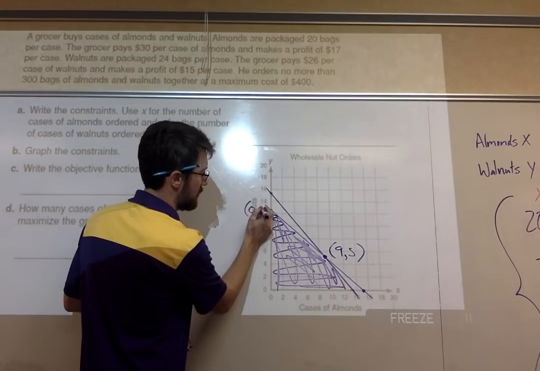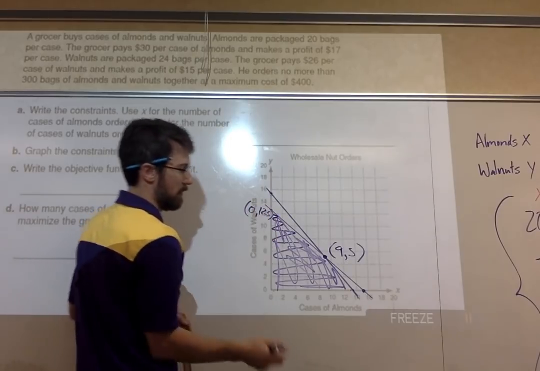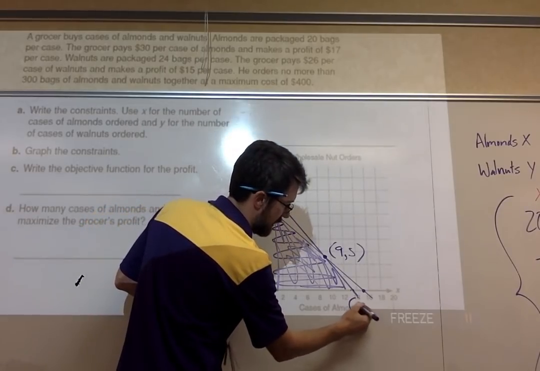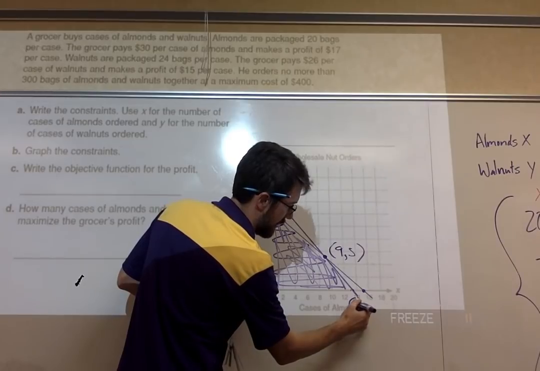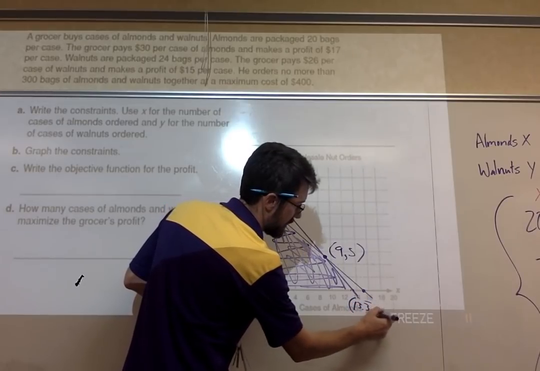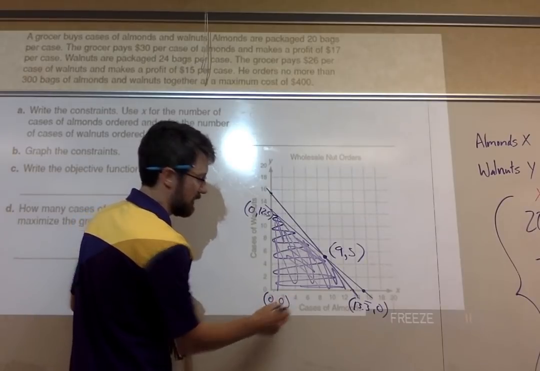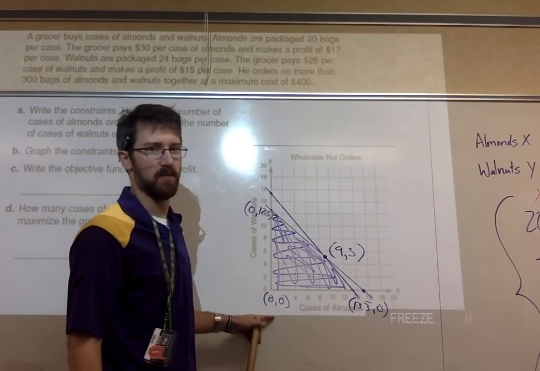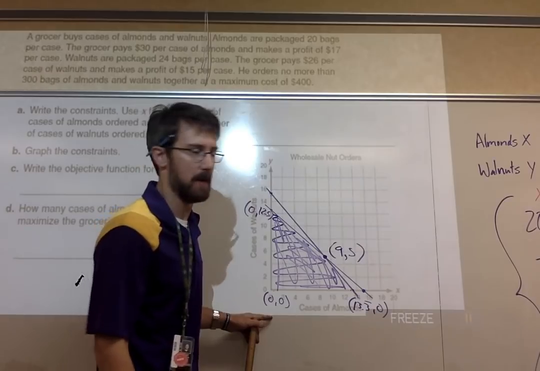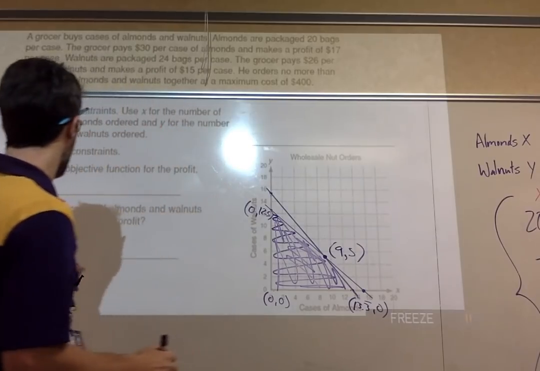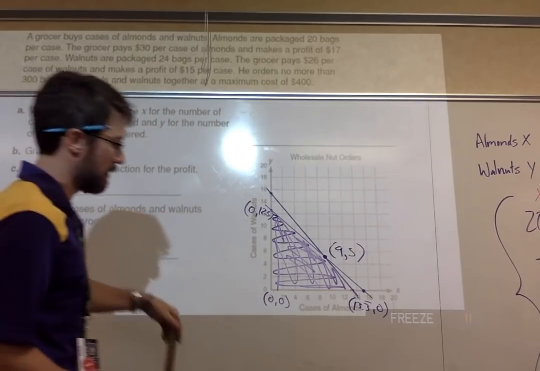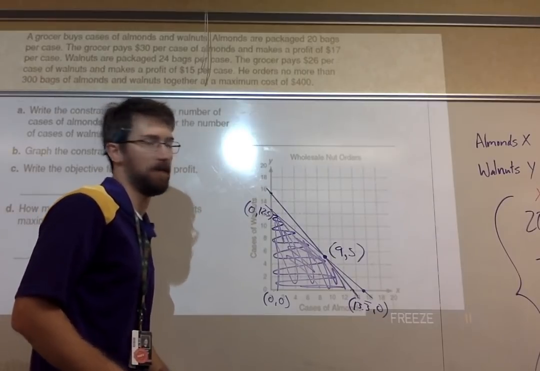This one, 0, 12.5, that's one of our vertices. This one over here, 13.3 repeating, 0. And then 0, 0 is also a vertex, but that's not realistically going to be the maximum, right? Okay, objective function. Now, looking back at our profit, we had a profit of $15